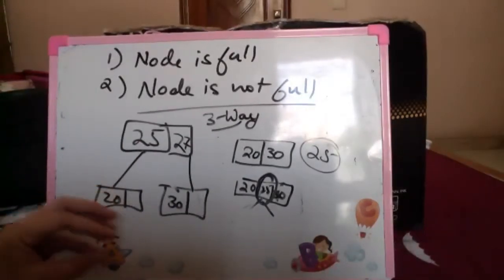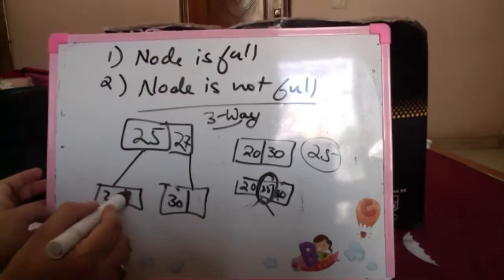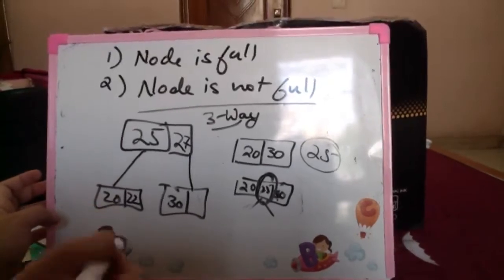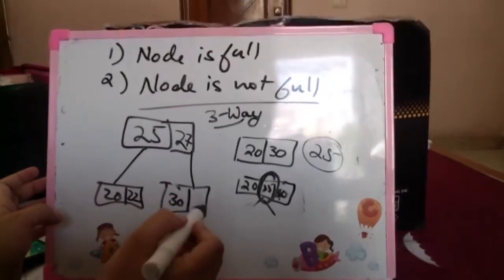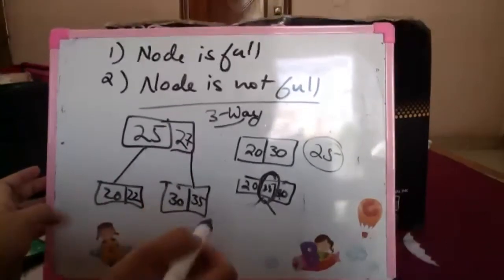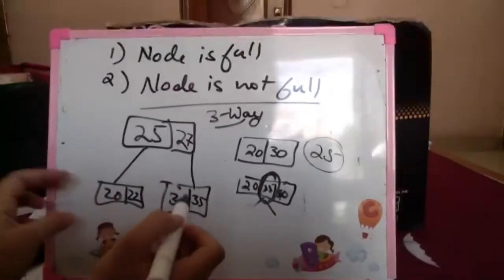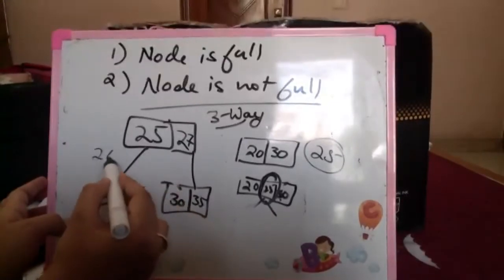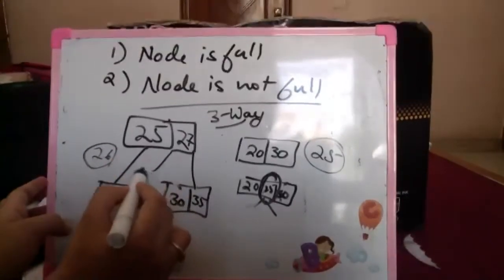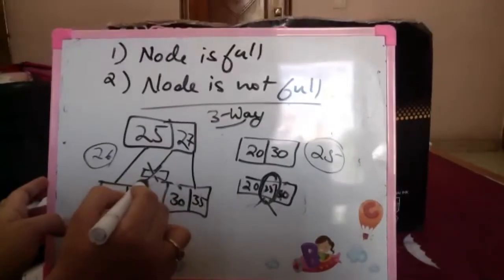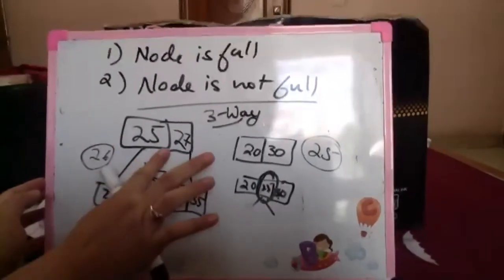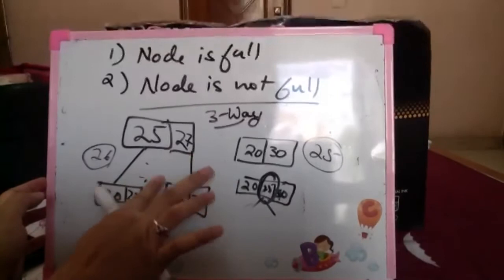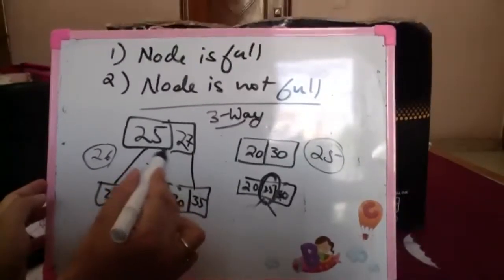Now in case I'm needing to insert a 22, I can insert a 22. In case I need to insert something which is greater than 30, I can insert it. Now, if I want to insert, say, 26 over here, I could create a new node here. No, this is not what I do. This is not how insertion is done. Technically, 26 should be inserted in between these two values.